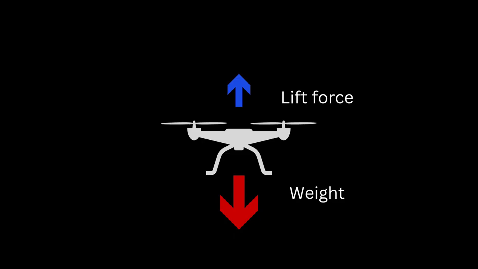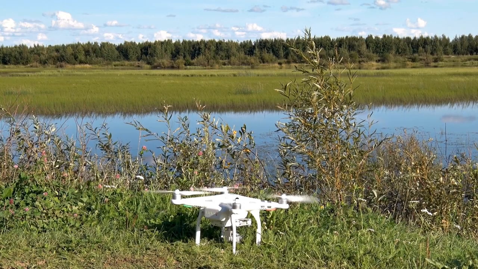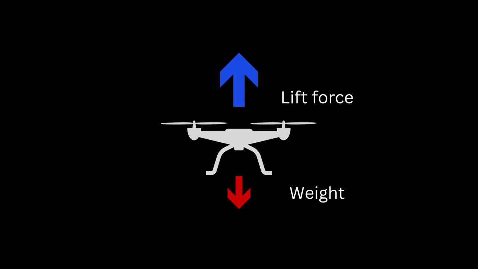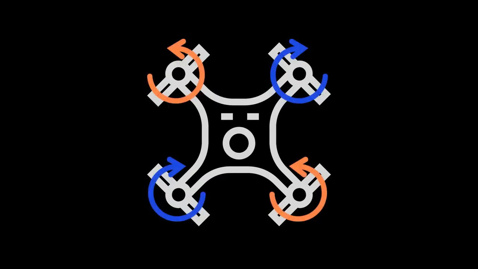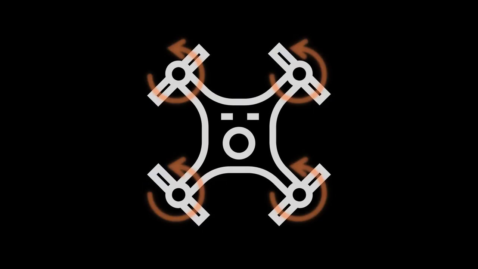If the thrust is less than the drone's weight, it won't take off. If it's too much, the drone will climb too high too quickly. Importantly, not all 4 propellers spin in the same direction. Instead, 2 spin clockwise, while the other 2 spin counterclockwise. This is done deliberately to cancel out the torque that each propeller generates. If all propellers were to spin in the same direction, the drone would begin rotating uncontrollably in the opposite direction